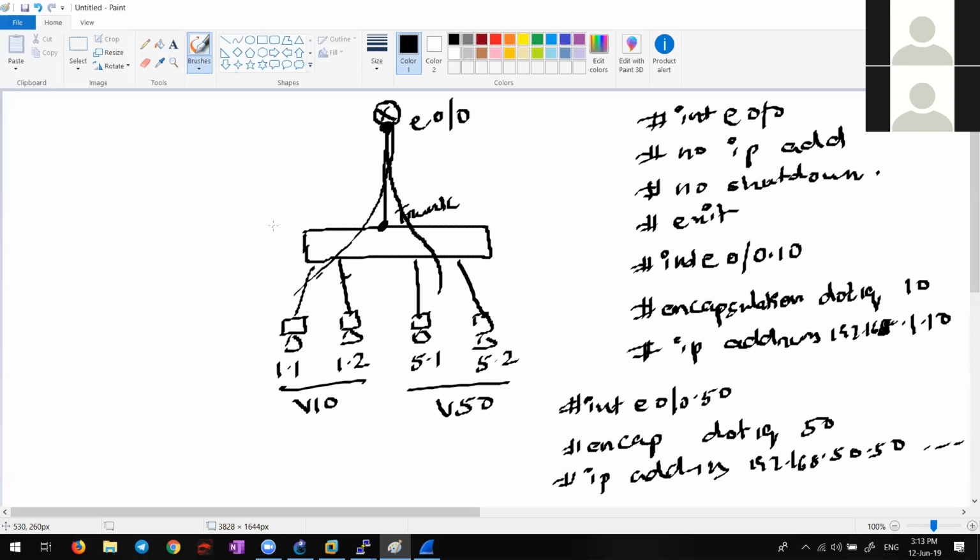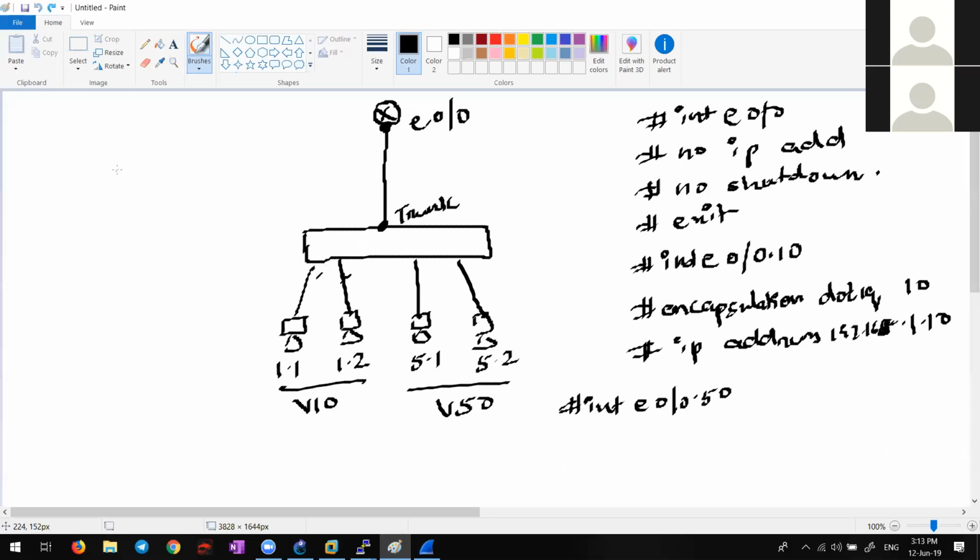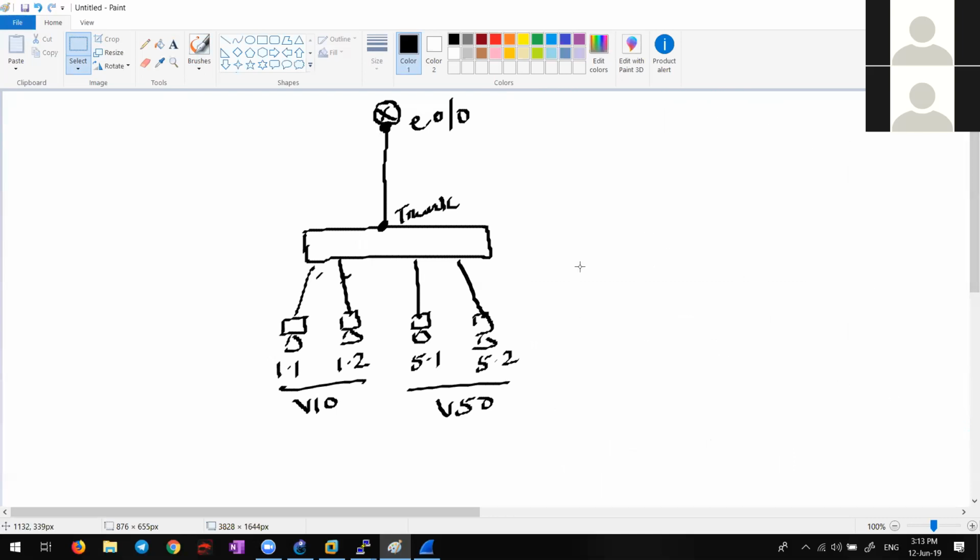Done. So in real time, is this a good method to make the communication between these two? No, it's not a good method. Why? See, first of all, the router capacity is comparatively lower than a switch. And another thing is the design method of the 3-tier architecture of normal networking, right?